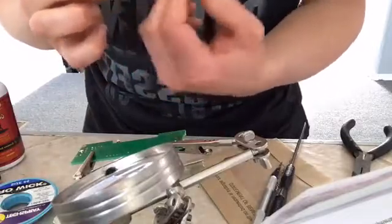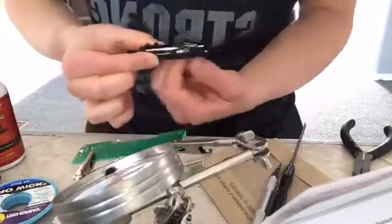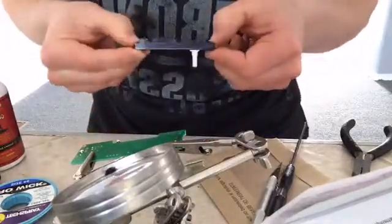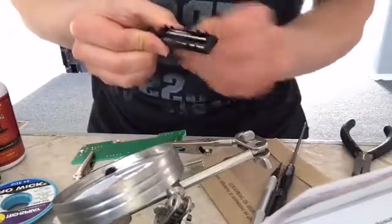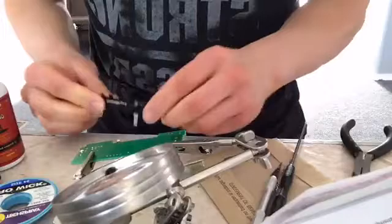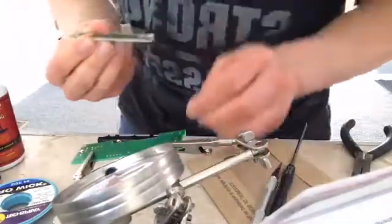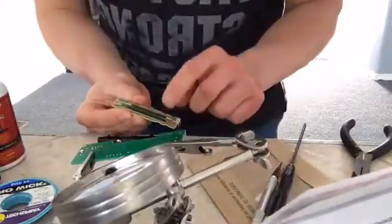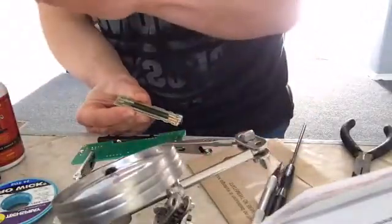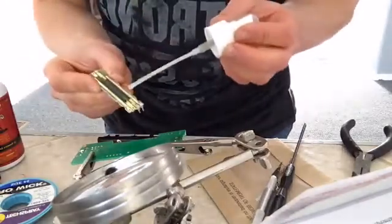And then that'll be good to go. So that's going to make it a lot smoother now. Okay. Way smoother. Alright. Now, this is where we're going to put just a tiny bit of lube on the circuit board. Hopefully, since it's got power going through, it should work, but